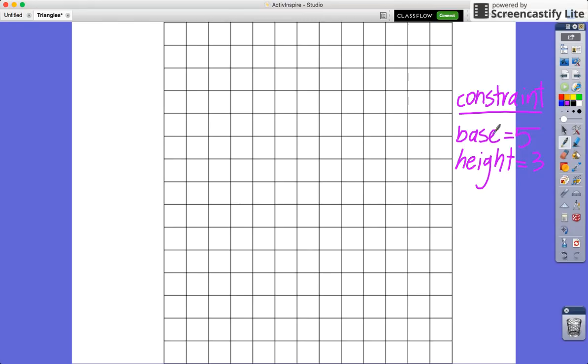So I'm going to go ahead and draw my base. I'm going to start on a corner, and then I'm going to count 5 segments, and then the end of my segment here, and connect. So there is my bottom base of 5. And now I need a height of 3. So now I know my height has to go up 3 to this grid line. But that would be a perfect rectangle. So I'm going to go ahead and scoot my top base over 1